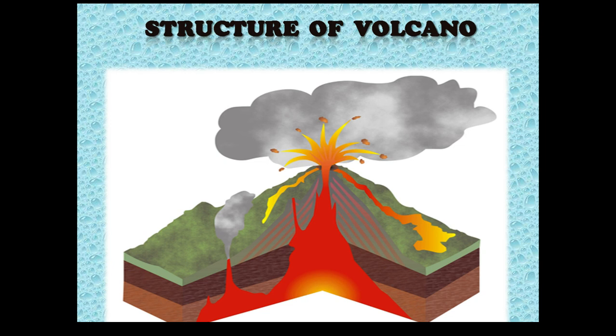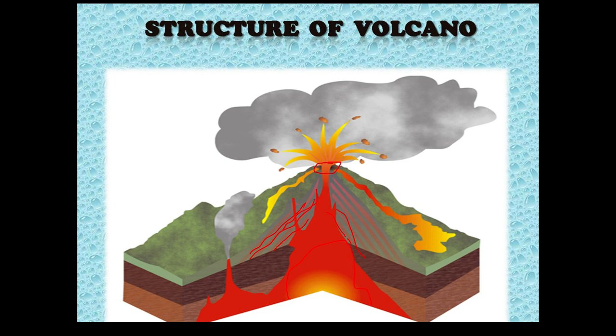You can see this whole area is the magma chamber. These lines you can see are walls, they are called the vent. These are the walls which allow the magma to climb up. Now here you can see the crater, the hole, the opening, the cavity we can say, and this whole thing is the cone shaped mountain. These are the layers of soil.